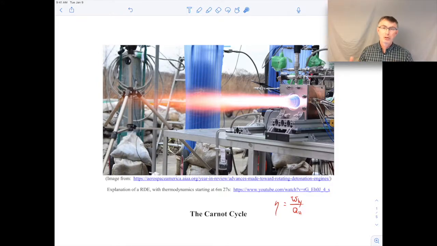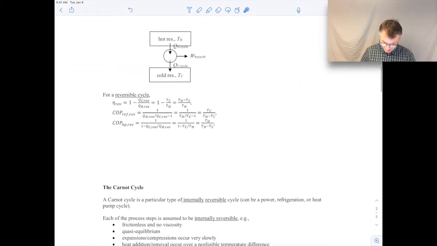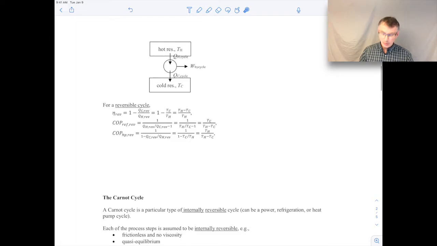So I thought it was just related to what we're talking about today, since we're talking about thermal efficiencies of reversible cycles and things like that. Okay, so let's start talking about the Carnot cycle in particular. Before we do that, let me just quickly review that, when we talk about these cycles, we're talking about these very general pictures here